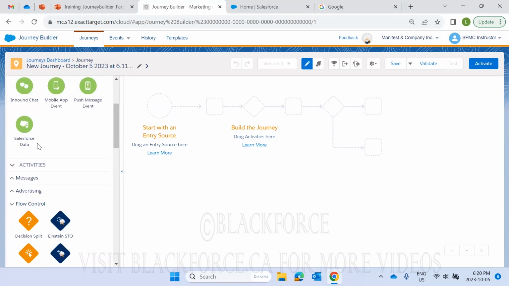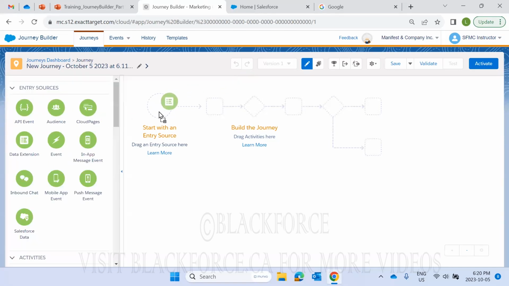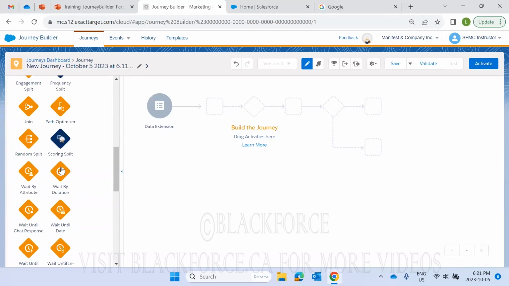So let's quickly do this. Let's say I was using a data extension. What I'm going to walk you through here is some of these elements that I did not cover yesterday. We'll cover all of these, and then we'll come to what these buttons here mean. And then we're going to build a journey. We're going to validate, test that journey, and we will activate the journey. We likely won't get to the activation portion today, but there's a lot to talk about when it comes to